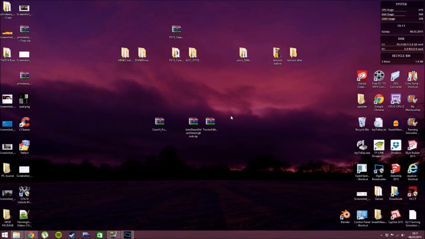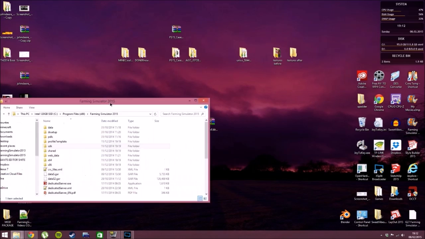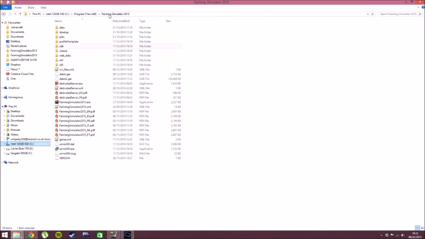But the most important thing that you're going to need is Giants Editor. Now Giants Editor is the thing that any mod has to go through to be able to get into the game. Now if you don't have Giants Editor, you can actually find it in your Farming Simulator folder, because it comes with the game, and you can install it